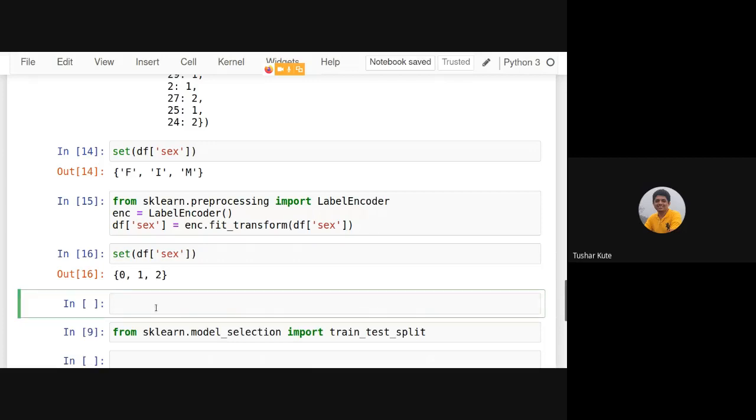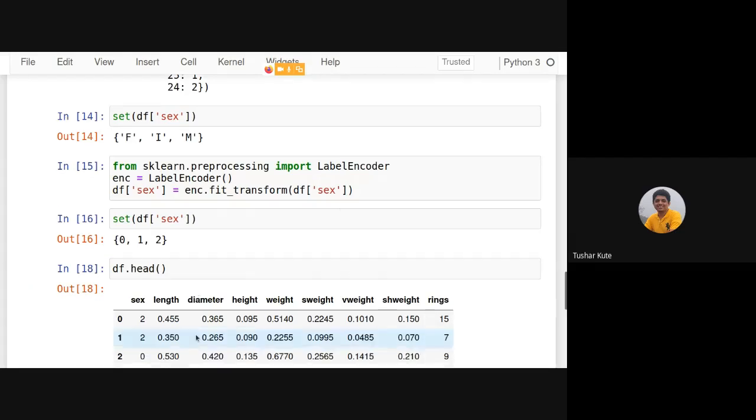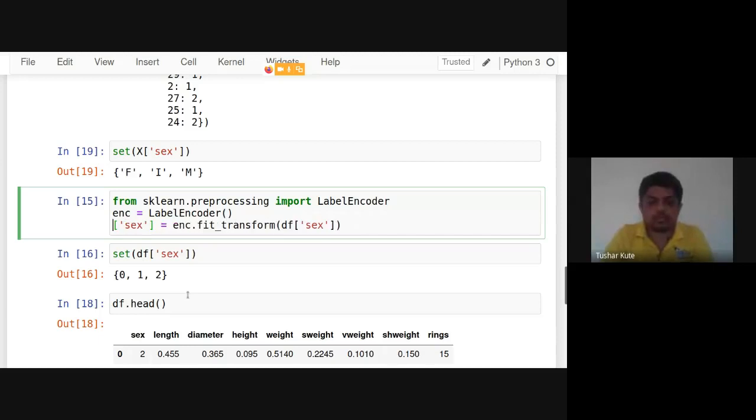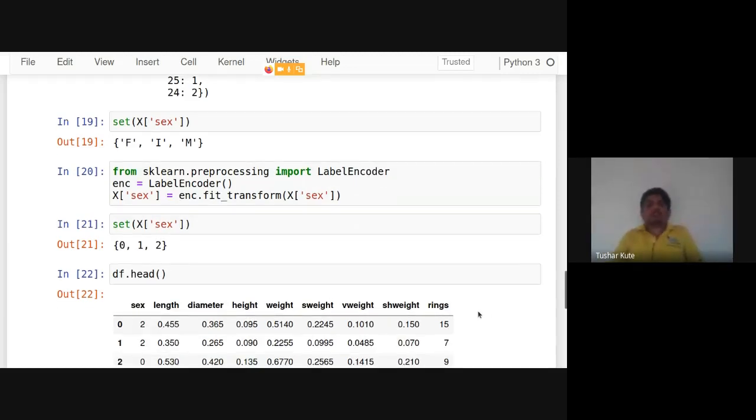And after that, if you check the data frame, sorry, wait. Yeah, df is changed, not X is changed. So I have to use X here. Wait a minute. Use X, so this is your input actually. Use that X, because X is the input, not df. Df is only a data frame. X is the input.